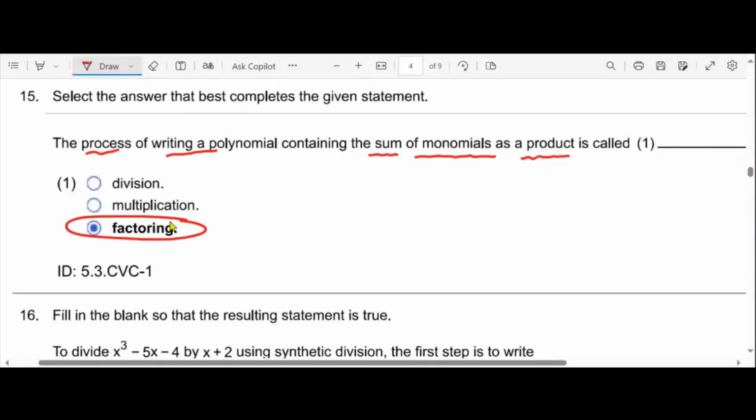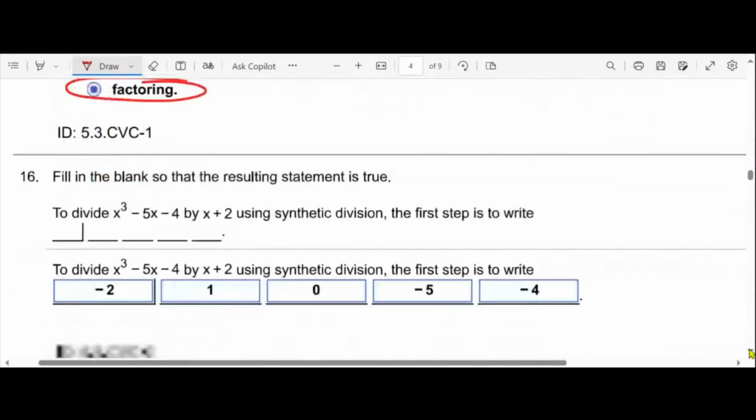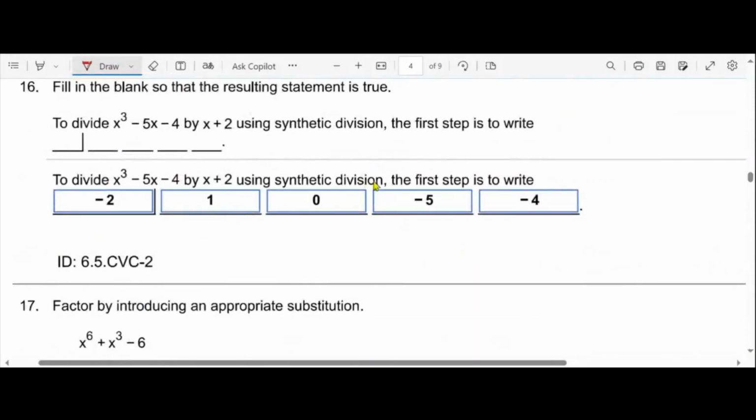It's called factoring. Okay, yalla Khalid. Yes. Fill in the blank so that the resulting statement is true. To divide x cubed minus 5x minus 4 by x plus 2 using synthetic division, the first step is to write